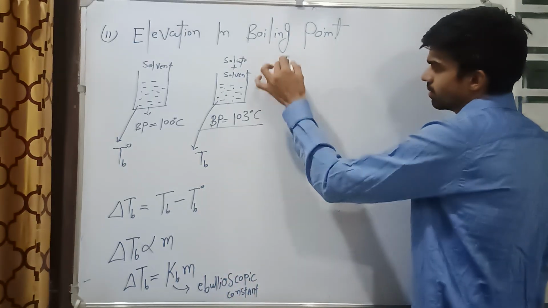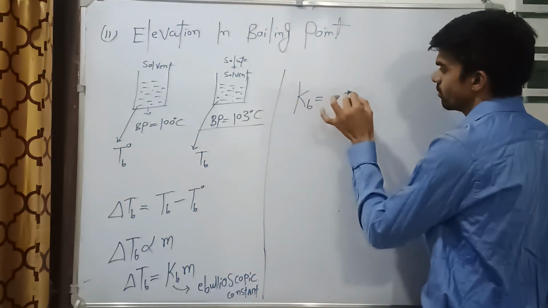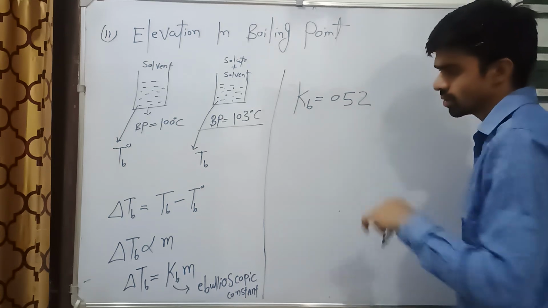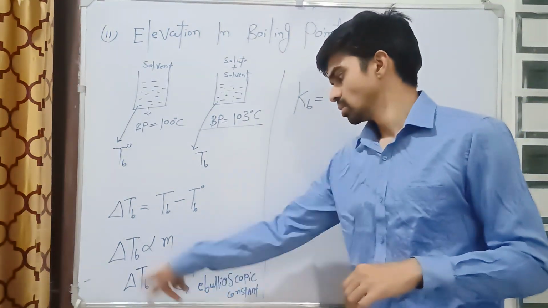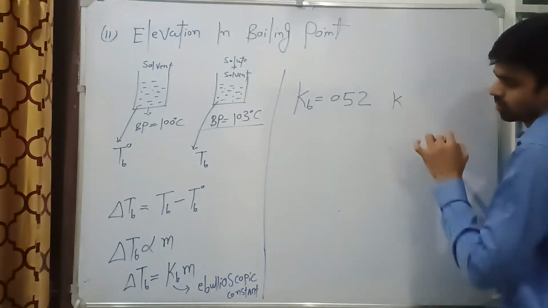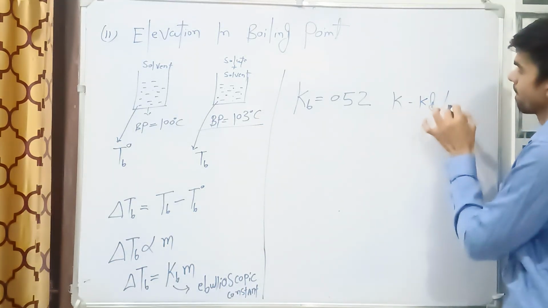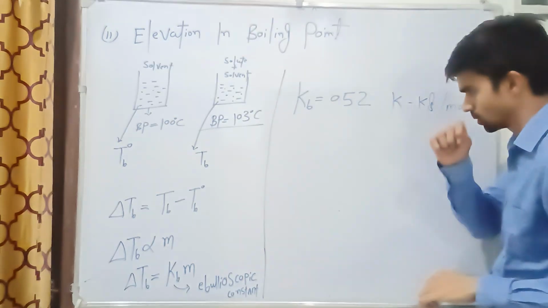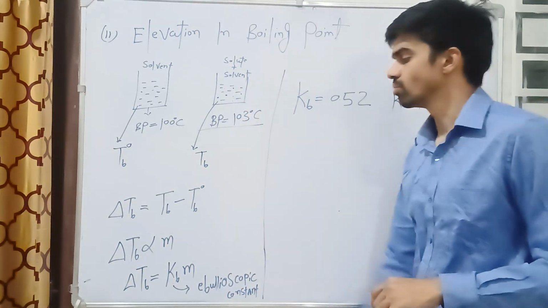The value of Kb is 0.52 for water, and the unit is Kelvin kilogram per mole. Now, if we draw the graph for elevation in boiling point,